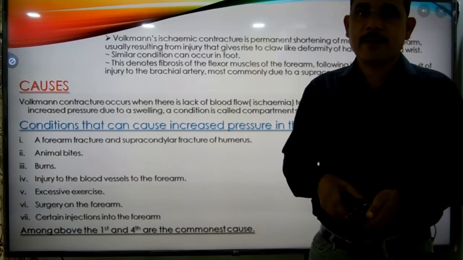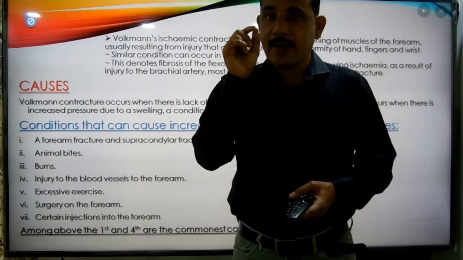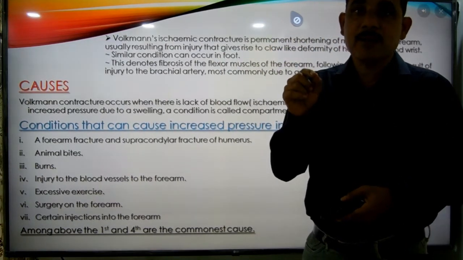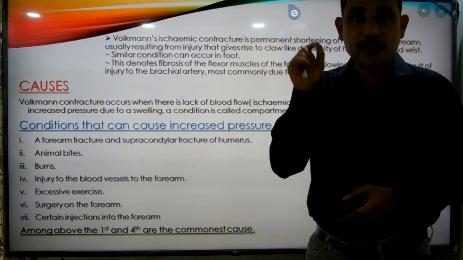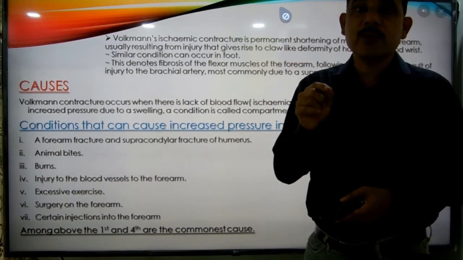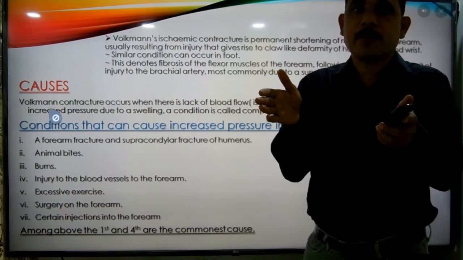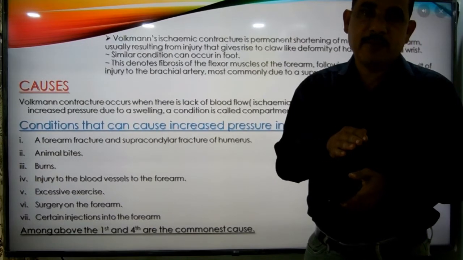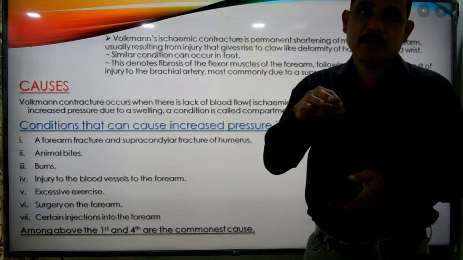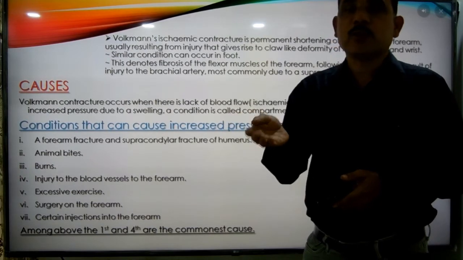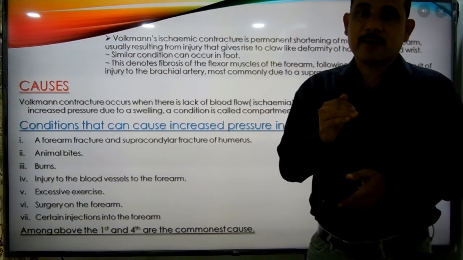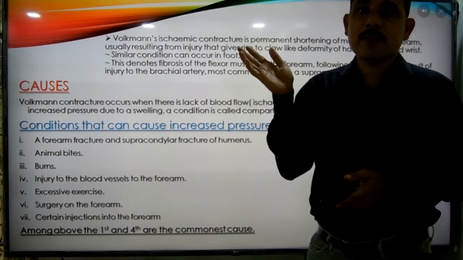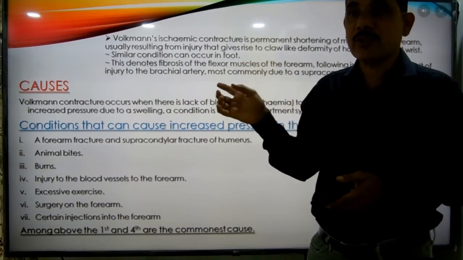So do you understand? The main underlying cause is increased pressure at the site of injury, which results in compartment syndrome, and there is swelling. There is no space for the swelling to increase. Ultimately, it exerts pressure on the vessels inside, which causes occlusion of the vessels, isn't it? But apart from that, thrombosis of the vessels and embolism of the arteries will also cause the